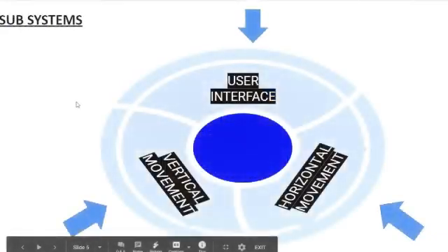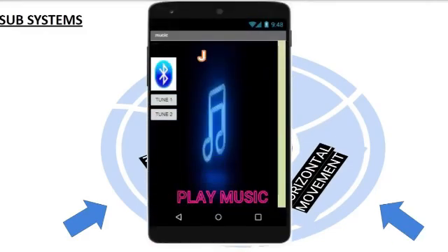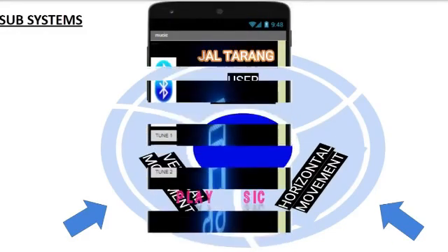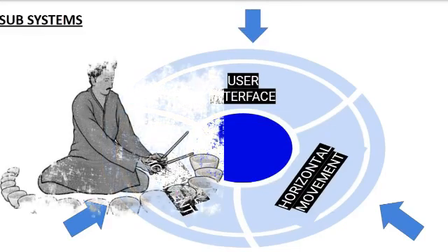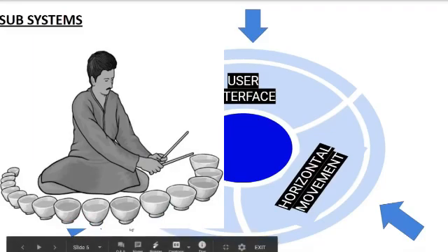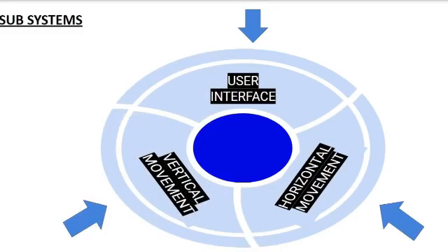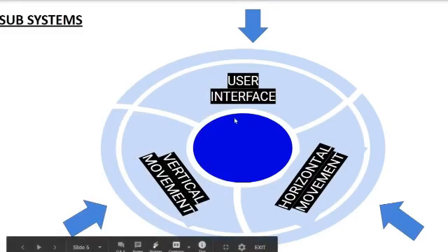Identified, we have two functions broadly, that is the user interface part and the movement. Since we want to play two tunes and we need to switch between them, we do need an app for that purpose. As we can see, we need to traverse along the horizontal and vertical order in order to generate sound. That is why under the movement part, the horizontal one is to cover the circumference of the ball and the vertical is to hit the ball, so that we now have three subsystems: the user interface, the horizontal movement and the vertical movement.